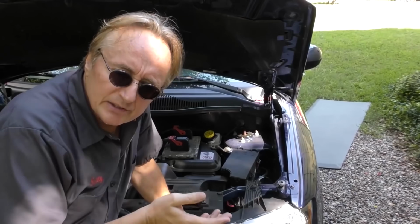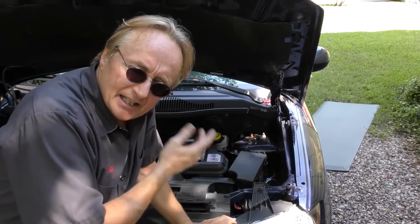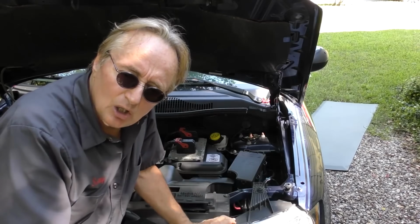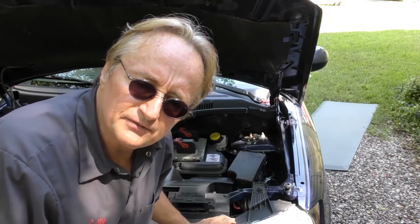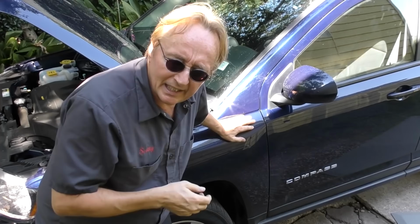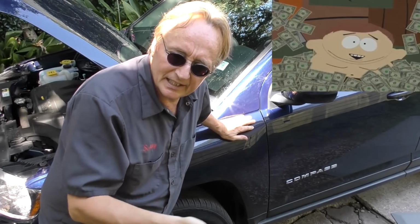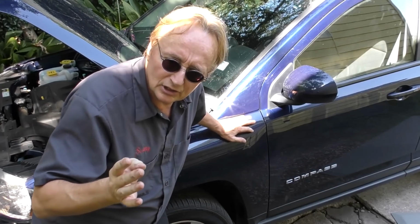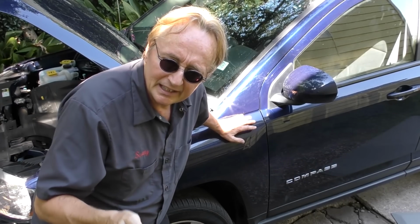Now, they are selling a reasonable amount. The first ones that they made, they only sold 60,000 of them, but 2018, they sold 160,000 of them. So they're banking on a Jeep name. It's paid them back some dividends. They're selling them. But really, the quality isn't there if you're looking for a long-term, small SUV that you can